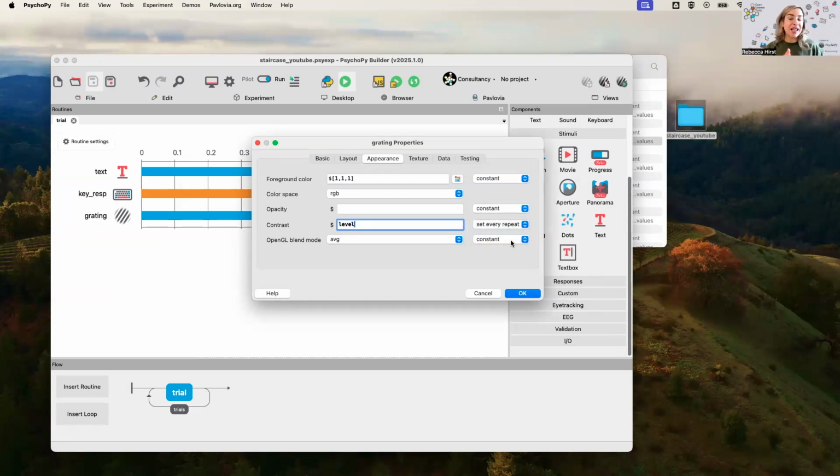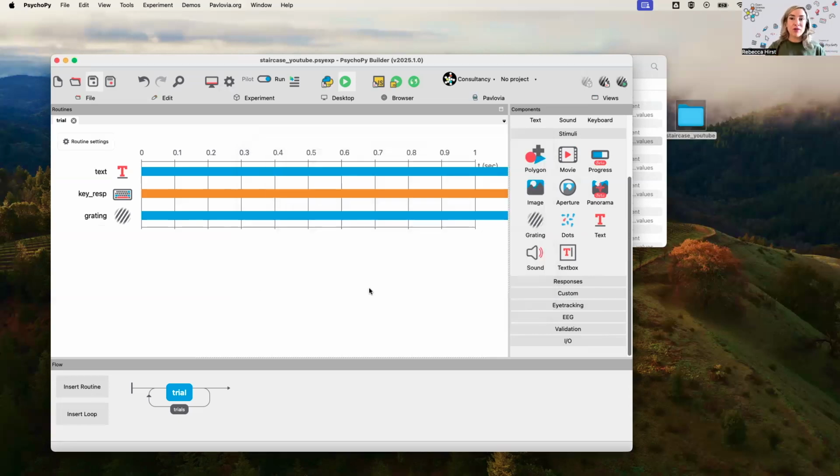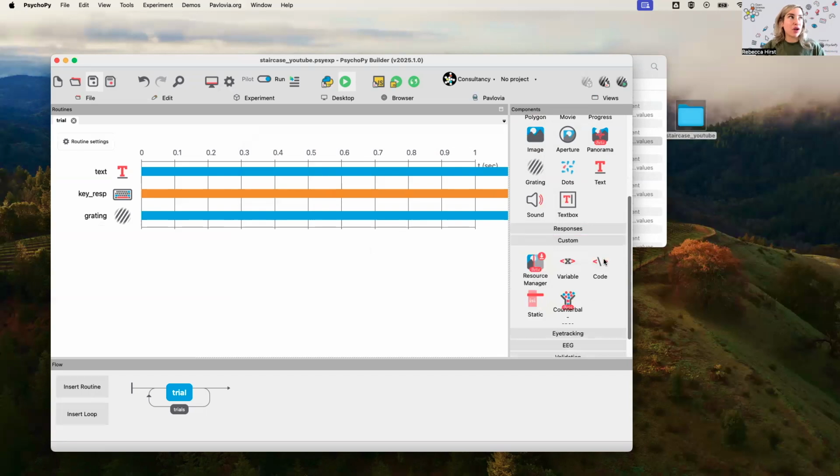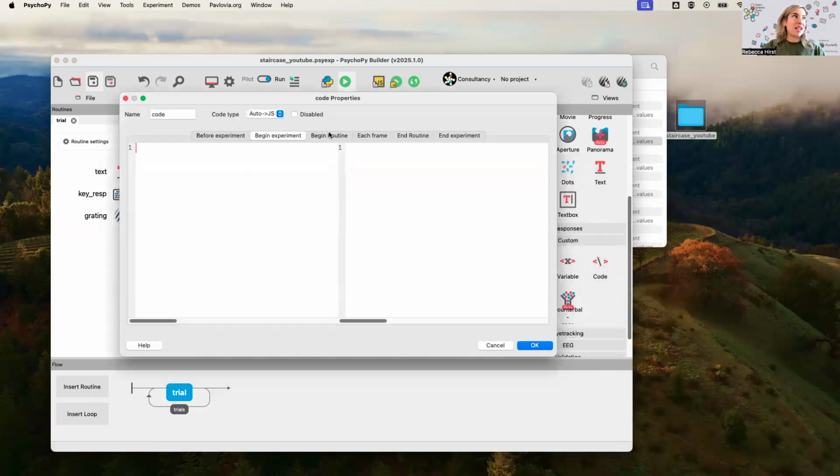So you can apply the staircase level to any parameter of any stimulus that can change trial by trial. When it comes to setting the accuracy of your response, therefore, you typically use a code component in a staircase routine. For example, here it might be that I'm actually asking the participant to make a judgment as to if that grating is oriented left or right. So I might do the following: have a code component at the beginning of the routine, say,